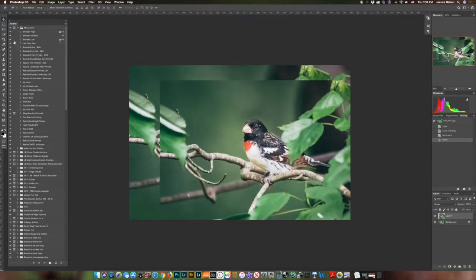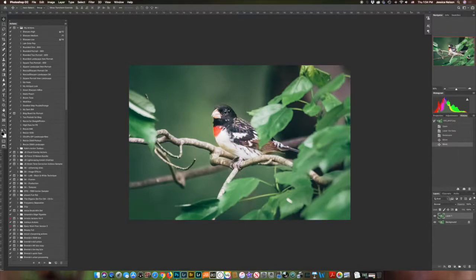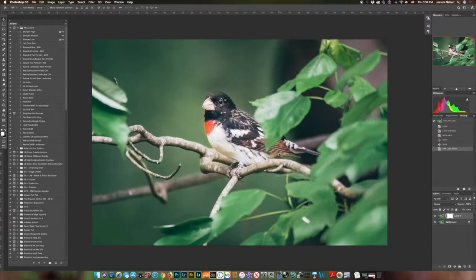Okay, so now what I do is I add a layer mask, and for some reason I moved the top layer, and let me push that back. I didn't mean to do that. Okay, so I'm going to add a mask here, and there's two ways that I go about spot removing my noise. So I'm either going to leave it globally turned on and I will brush off the bird. So in this case, I will leave it like this and I will get a black brush